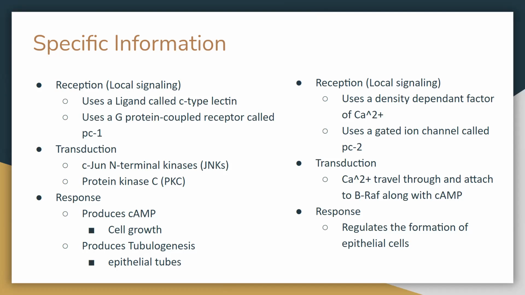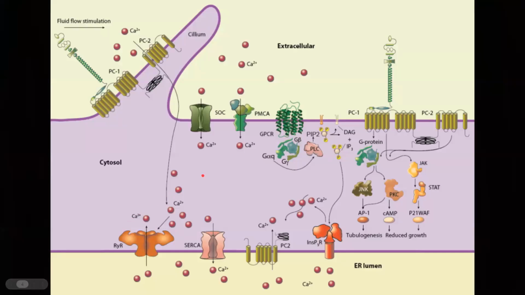So this is specific information. There are two proteins called PC1 and PC2, which act as G protein-coupled receptors and ion-gated channel, respectively. The PC1 uses C-type lectin as a ligand, and PC2 gets a signal through a density-dependent factor. In PC1, the transduction stage leads to the kinase JNK, N-terminal and protein kinase C, to produce cAMP and tubulogenesis as a response. In the PC2, the transduction stage, Ca2+ binds to the BRAF along with cAMP to regulate epithelial cell growth. So over here in this picture, you see PC1, which was the G protein